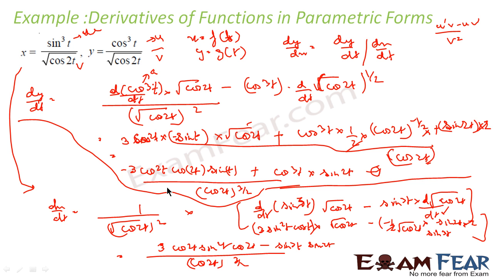So if you divide these two, this cos 2t to the power 3 by 2 will get cancelled, and you'll get an equation in terms of cos t and sine t, right? And if you solve that, you find the common thing and solve it, you will get the answer right here. You can just solve it on your own. Minus cot 2t. This is what you will get as an answer. If you divide these two guys, this guy and this guy will get cancelled. You'll get this guy divided by this guy, right? And from this you will take out common things, and you will keep solving, and you will find that this guy is nothing but cot 3t.